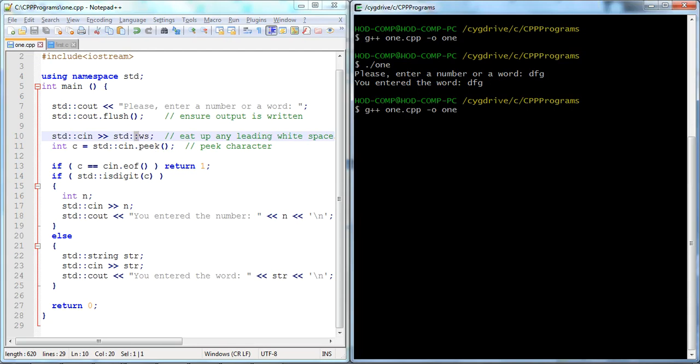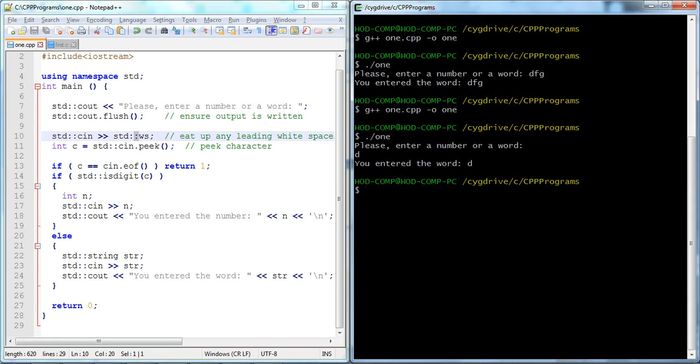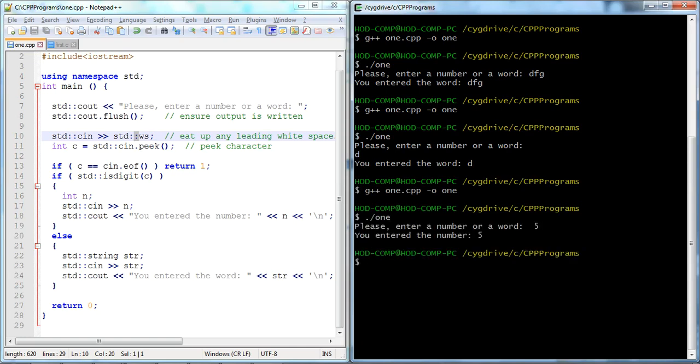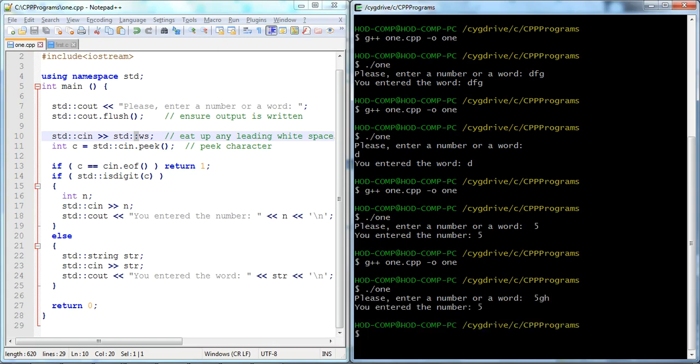If I run the code and enter only a space, it says enter the word. If we put a space with a digit, like space 5G, it's also handled, because this line neglects the space.